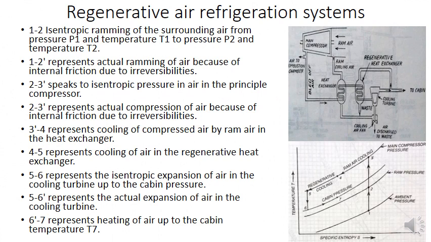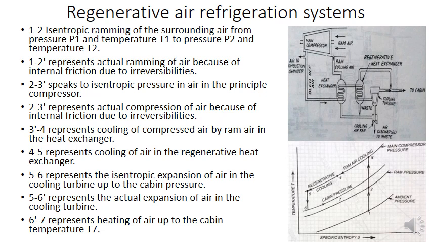In the regenerative air refrigeration system, on the right side there are two figures. So this shaded figure, basically this is the combustion chamber, ram air compressor, again two heat exchangers, one turbine, and this system is going to be used by the air temperature. So 1, 2, 3, although the actual is 1 to 2 prime. If you go to the left side of the page, this 1 to 2 prime represents the actual ramming of